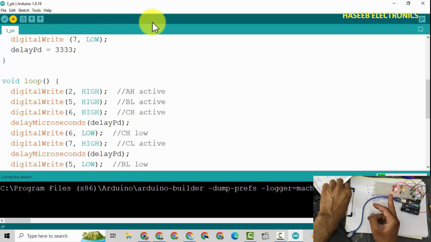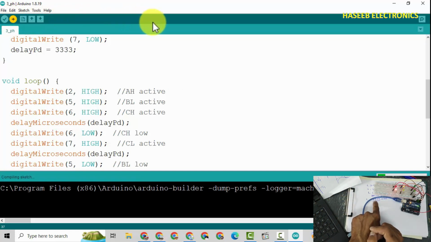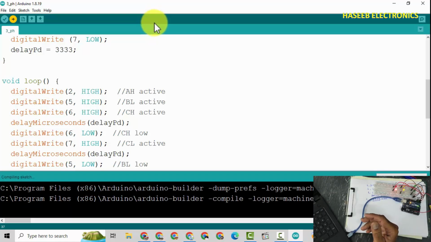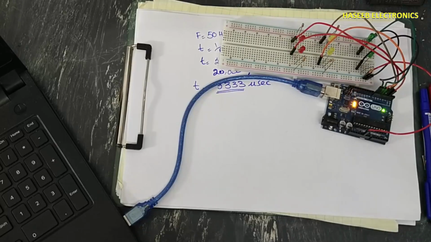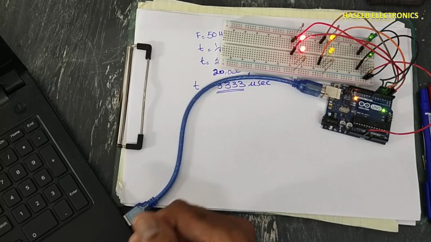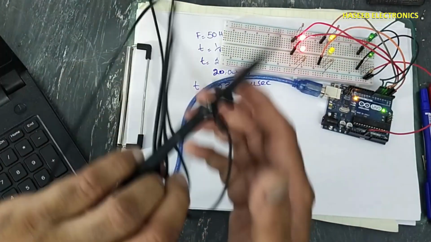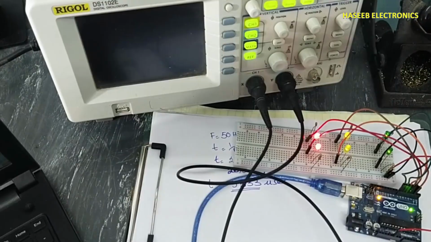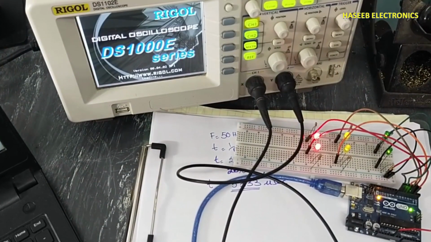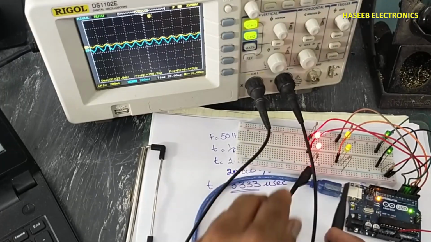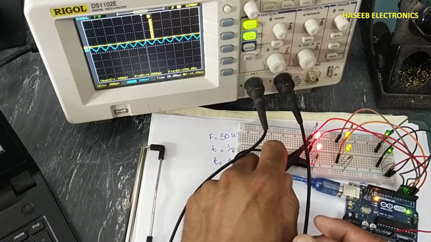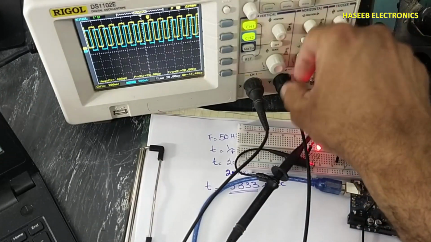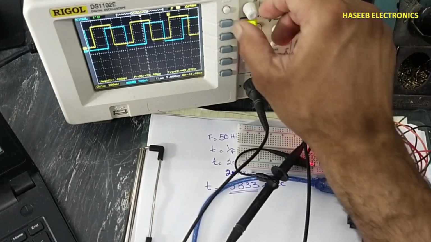Now it will provide 50 Hz frequency as we calculated here. And now we will check on the oscilloscope. Now we will verify phase A and phase B high side signals.